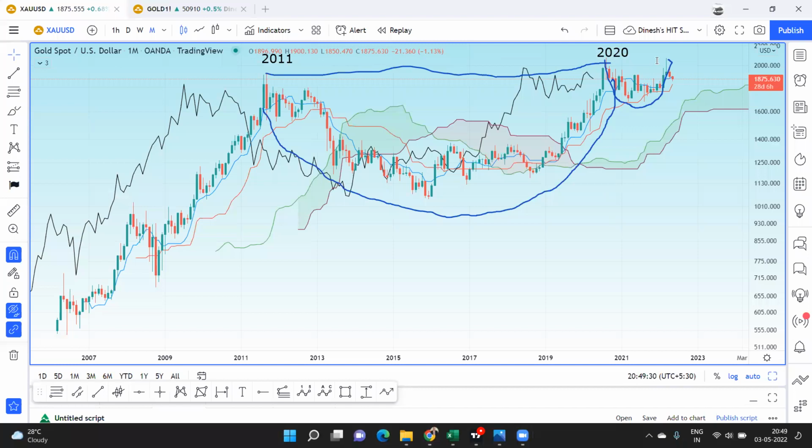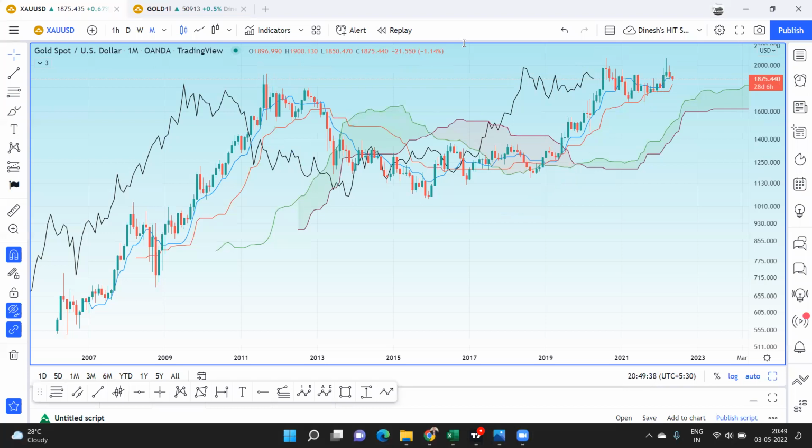Now, since this is a rounding bottom, this could be a cup formation which we are looking at here. The handle formation could be much longer, I feel. If this is the rounding bottom and it breaks out, this looks like a cup and handle. Or the other thing would be that this could prolong for a longer period of time, all the way in this zone out here,